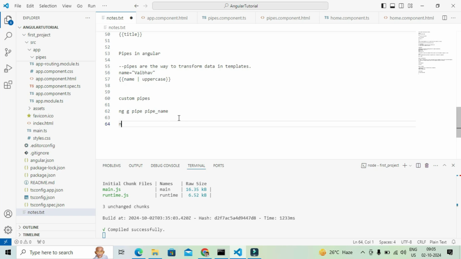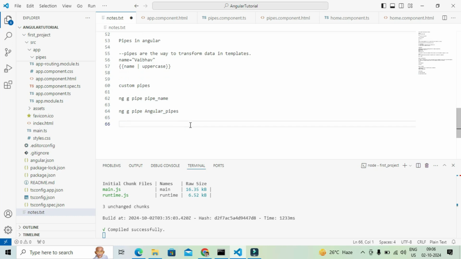So suppose we will create ng generate pipe and call the pipe name angular pipe now. And in the pipe we will create one addition function. If we pass the values, that pipe should give the desired output by doing the addition. So we will add that addition function in the transform method.